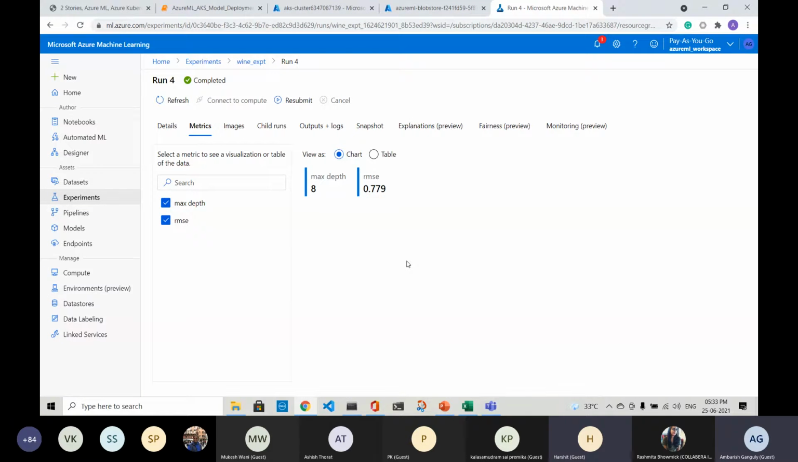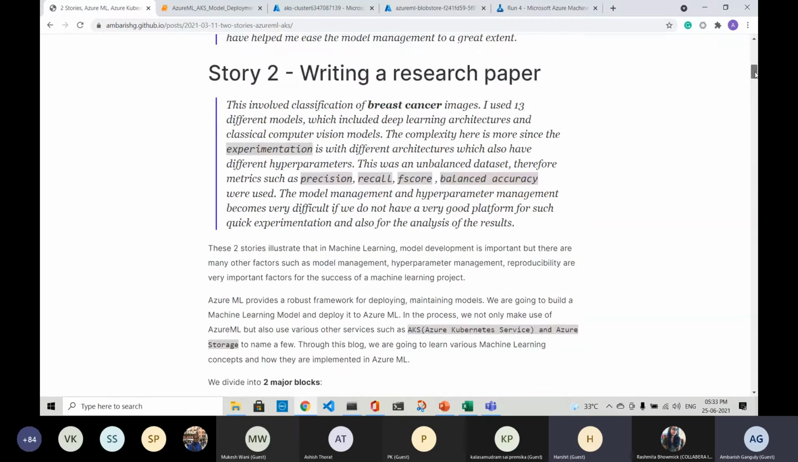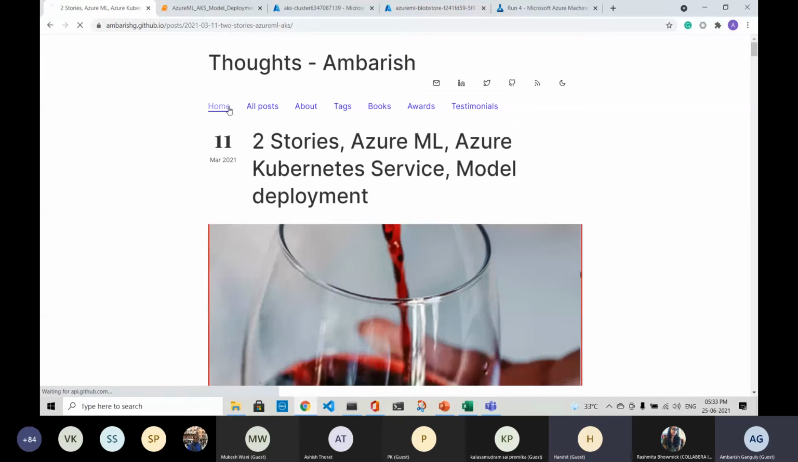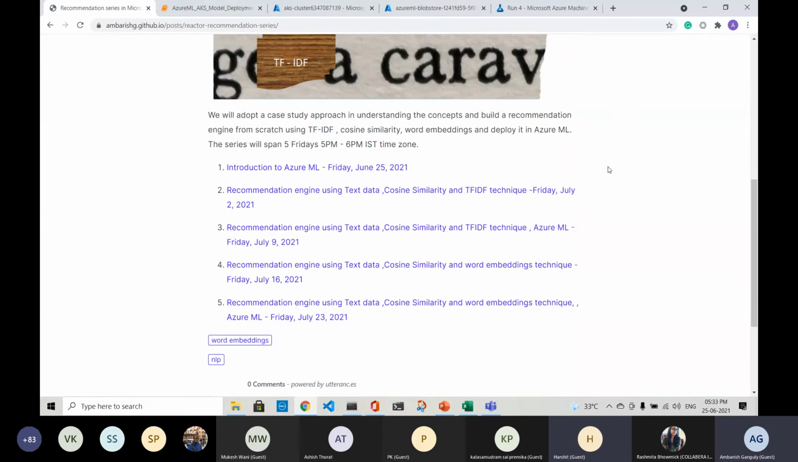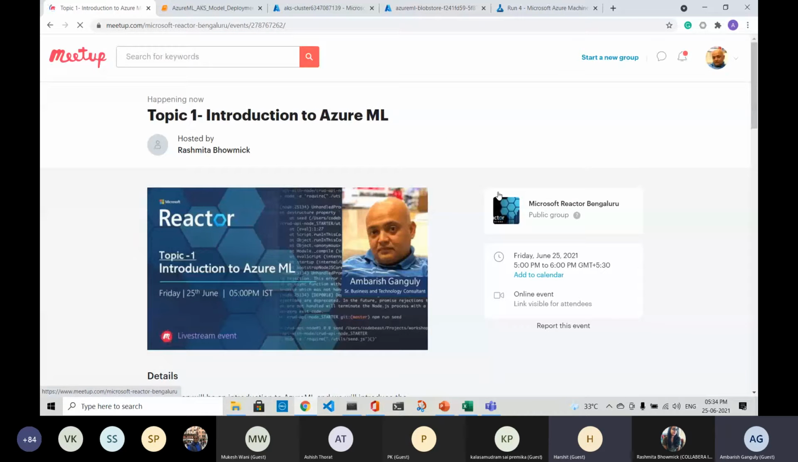But the main point is that in this series, something I should have told you before, is that we'll do a recommendation engine using text data, cosine similarity, and the TF-IDF technique. So in this session, what I would do is